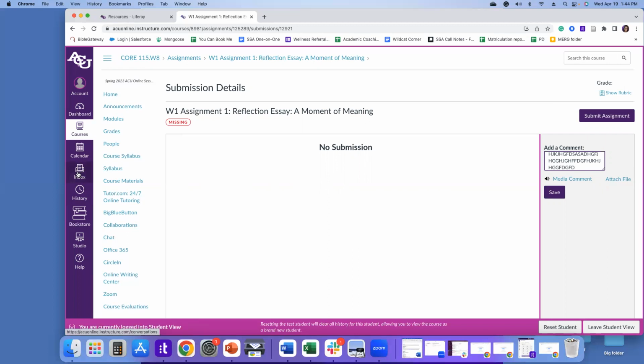they get that communication. Now, the third place where you'll find your feedback is right here where it says no submission. You're going to see your submission, and then right beside there, it'll say feedback. And if you click on that, it'll show you an area where they can actually embed the feedback directly into your paper. So those are the three different places where you can find your feedback, and that's all underneath the